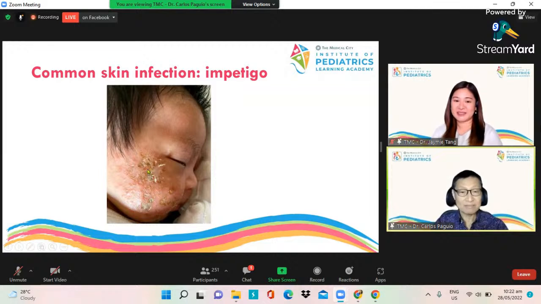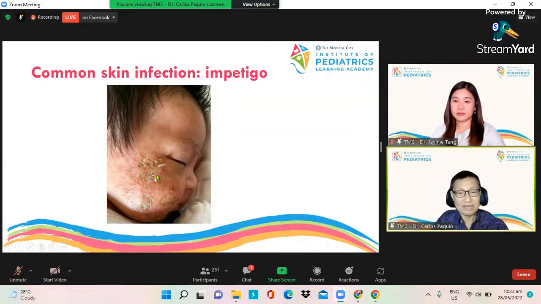And tinatawag namin superbug because I'll tell you the superpowers of Staph aureus. Number 1, nag-mutate po yan, parang X-Men. And when it mutates, hindi po siya mapapatay ng mga antibiotics. Kaya alam to ni Jamie, MRSA, methicillin resistant po sa antibiotic ang mga ibang Staph aureus. Next, marunong pong magtago to. It will hide by producing pus. When it produces pus, hindi po siya mapatay ng mikrobyo.